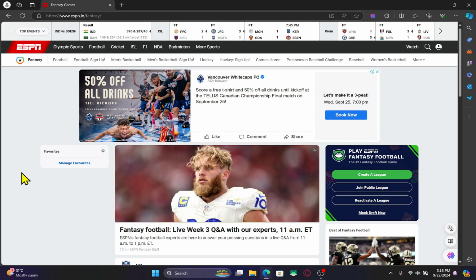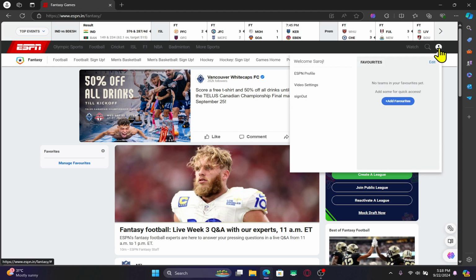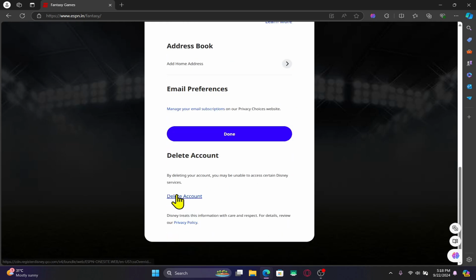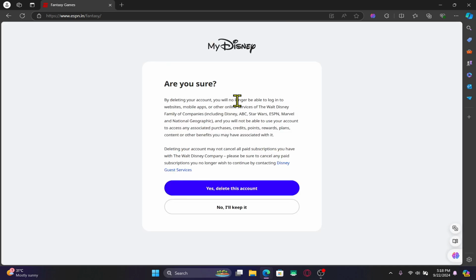your credentials. Once you are logged in, if you wish to delete your account, then hover over to the account icon at the top right corner and then click on ESPN profile. Now from this page, if you scroll all the way down, you will see the delete account button. Go ahead and click on it and you will be asked whether you are sure that you want to delete